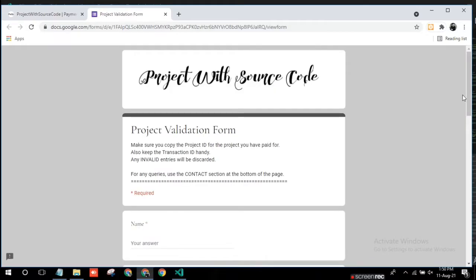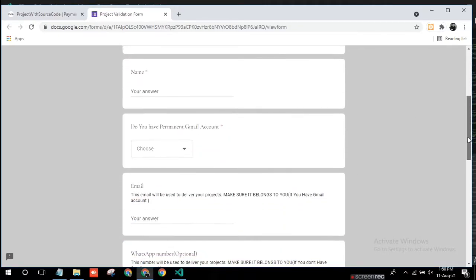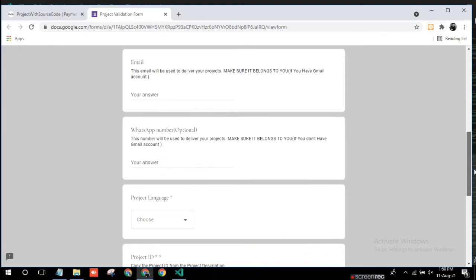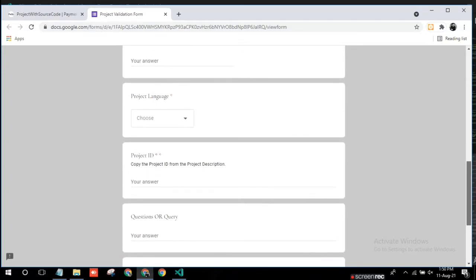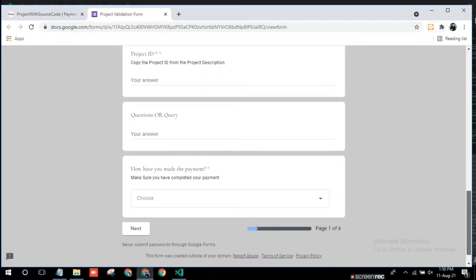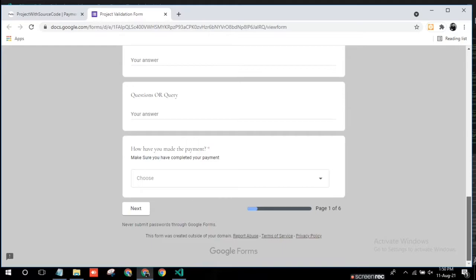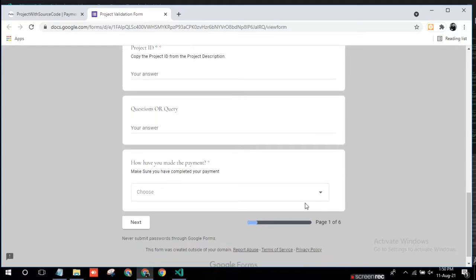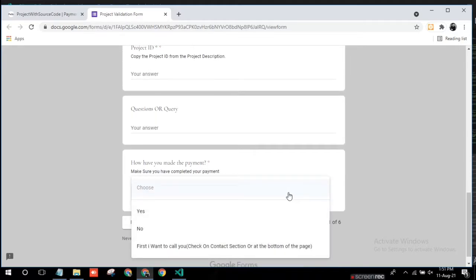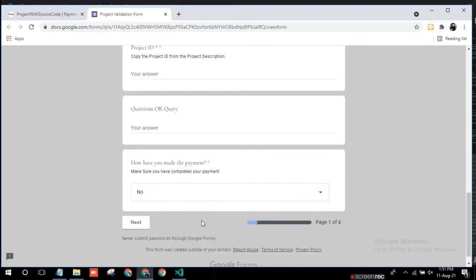That form will tell me who made the payment and which project you want to buy. His name, Gmail account, WhatsApp number, project ID, project language, and all these details you have to fill in after payment.